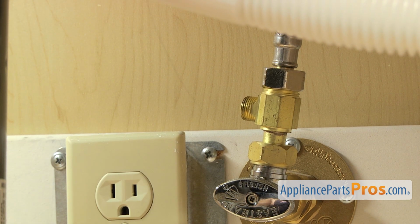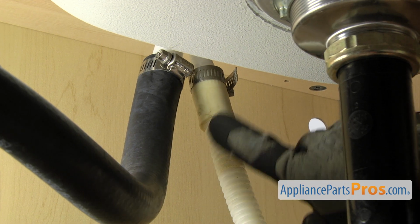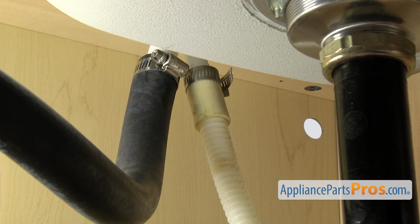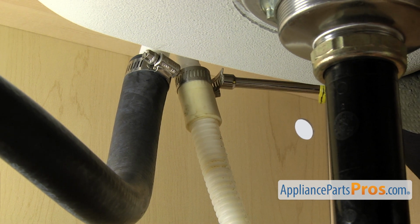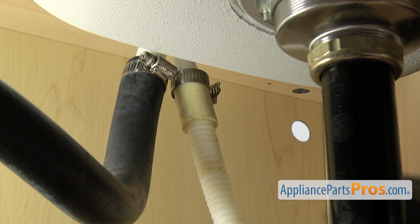And then we can take off the drain hose. To take the drain hose off, you just want to follow it up to wherever it goes. It may go to the garbage disposal. Ours goes up to the air gap. Once you locate the end of it, we're going to take a 5/16 nut driver and loosen up the clamp. Once you have the clamp loose, you can pull it free